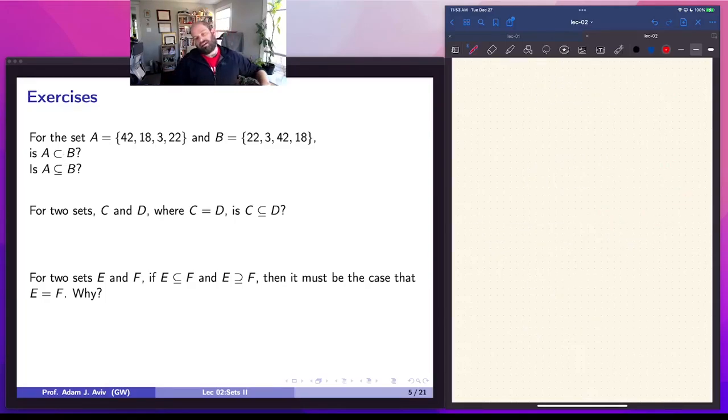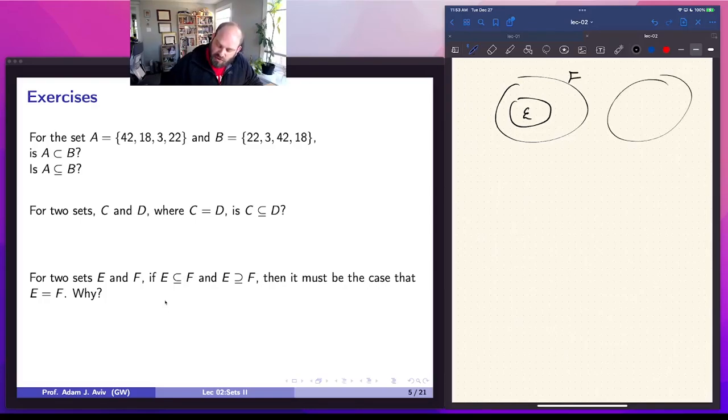So what this is saying is that for any two sets, E and F, if E is contained in F and F is contained in E, then it must be the case that E equals F. So how could we reason about this? What we're essentially saying is that we have two pictures here, and you could do a more detailed proof. I actually recorded it, but didn't like it. And you're saying that E looks like this, but also it could look like the following. And since E is both contained in F, and F is also contained in E, that means that all the elements of E